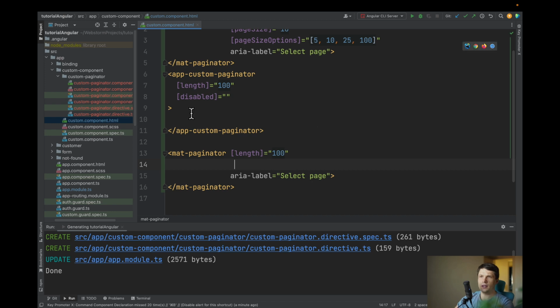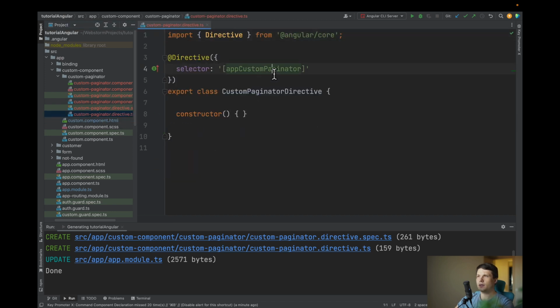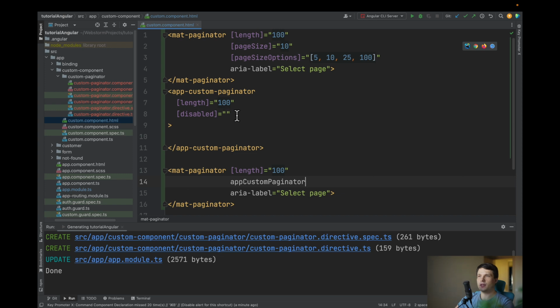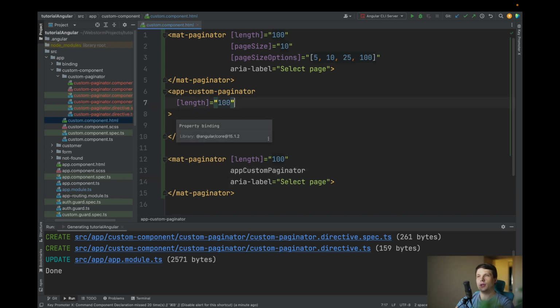And let's say our directive, custom paginator. And we want to achieve the same as in custom paginator. So we want to set default page size and page size options. To achieve it with directive,